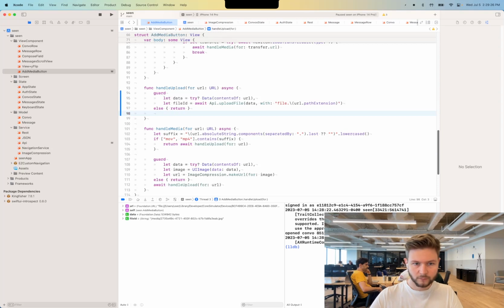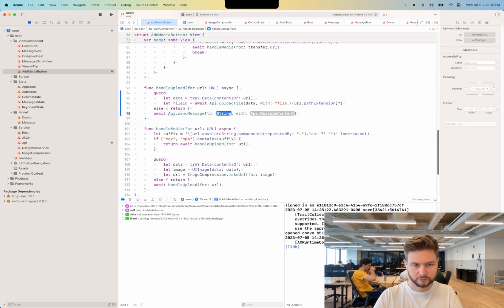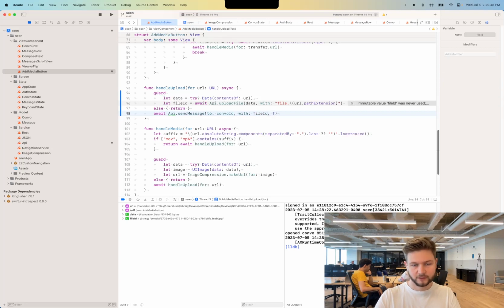Okay. So we are able to send message. I guess we call it a media. No, send message to phone ID with file ID or mtype image. Oh,